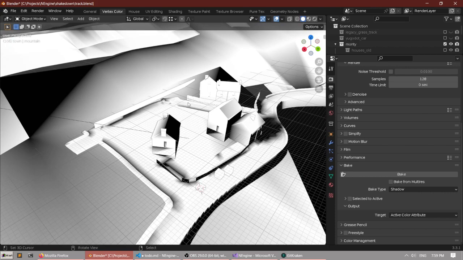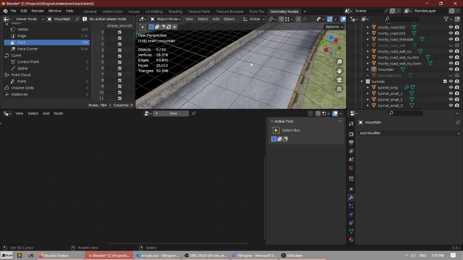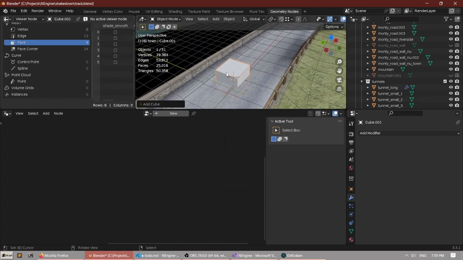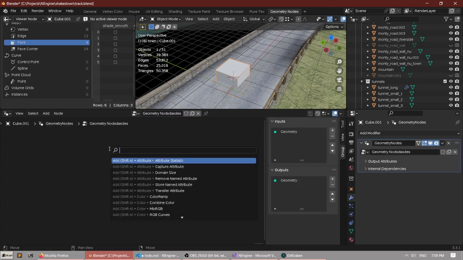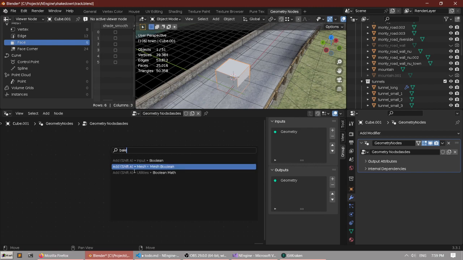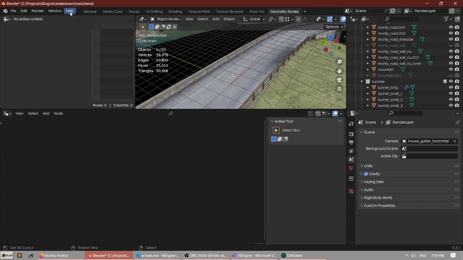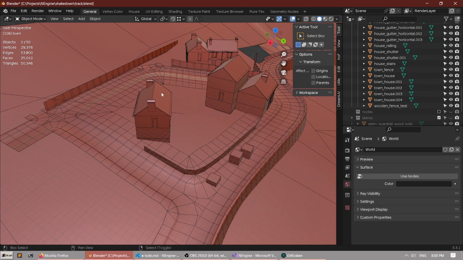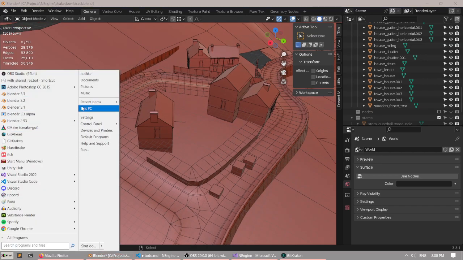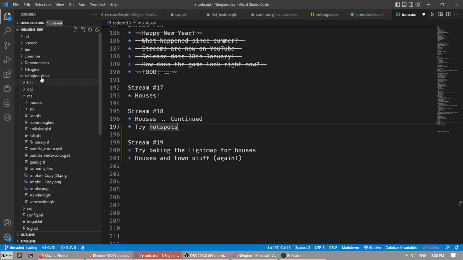I want to just try something. Do geometry nodes maybe have baking? Bake? They don't have baking. Yeah, so it's not going to work. Okay, so let's not use geometry nodes. Instead, I'm going to make a little Python script. So interesting, doing Python scripts on the stream,